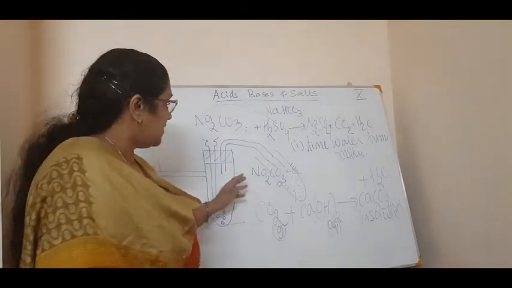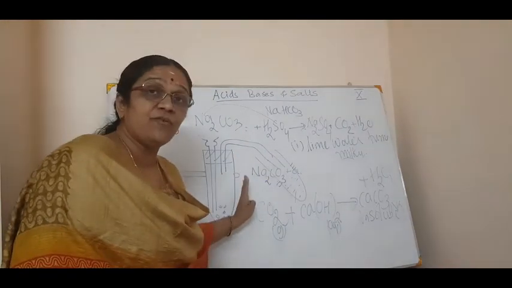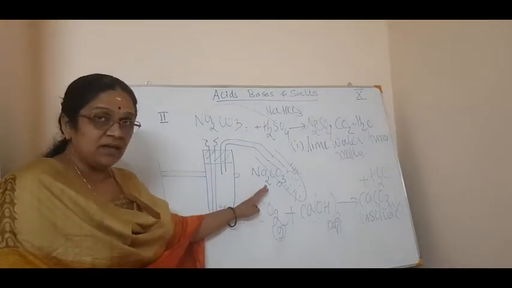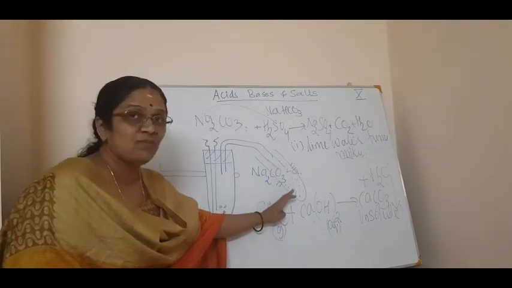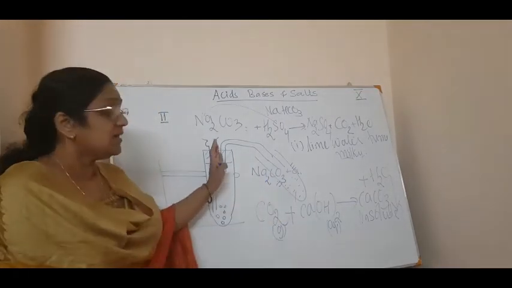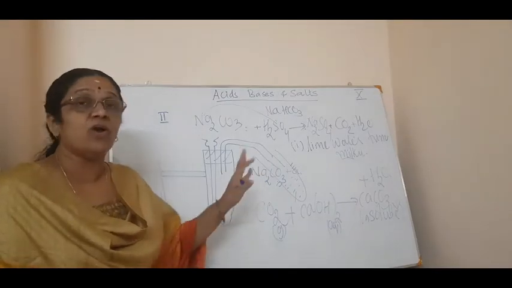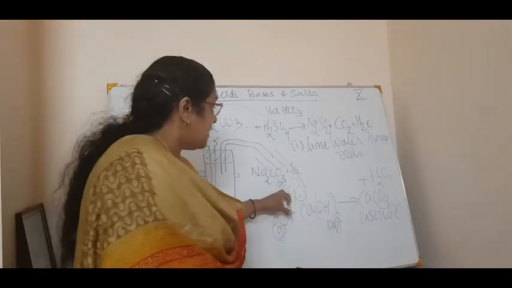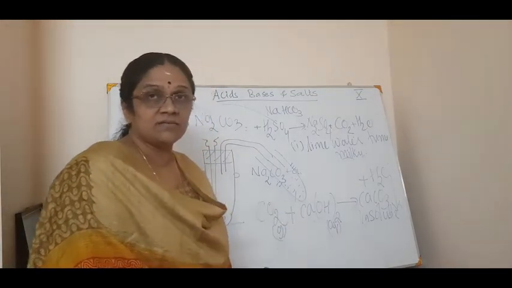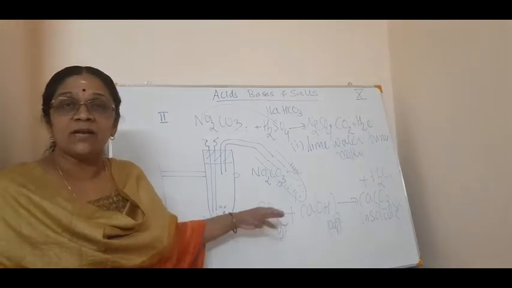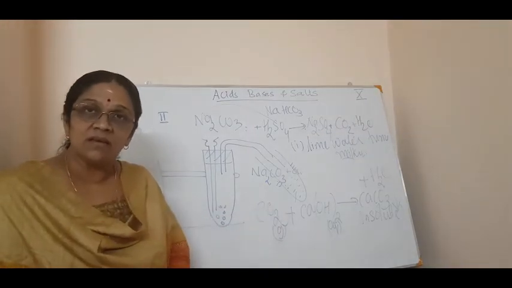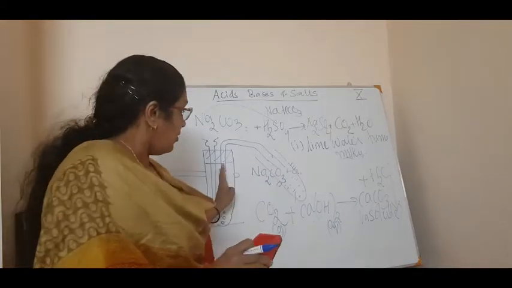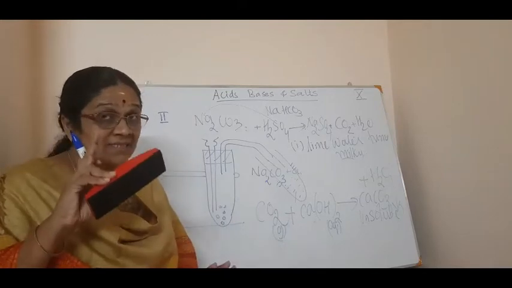Now, on passing carbon dioxide for a longer time. We are doing this experiment and the carbon dioxide is getting into this lime water. Now on passing the carbon dioxide for a longer duration, that is the second observation. What happens? This solution becomes clear. That means the precipitate is not seen. Now where has this precipitate gone? That is, on passing carbon dioxide in excess, that's the point.